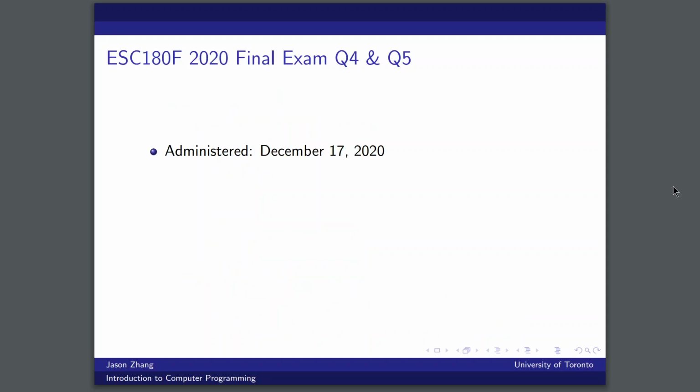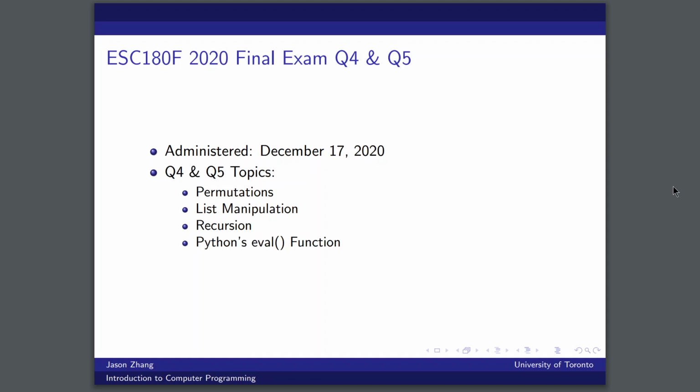As I mentioned, I'll be covering two exam questions from the final exam I took in this course. They were from the 2020 final exam, the last two questions, question 4 and question 5. I wrote this exam a little over a year ago on December 17th, 2020. The topics these questions covered were permutations, list manipulation, recursion, and very importantly, Python's eval function, which is really